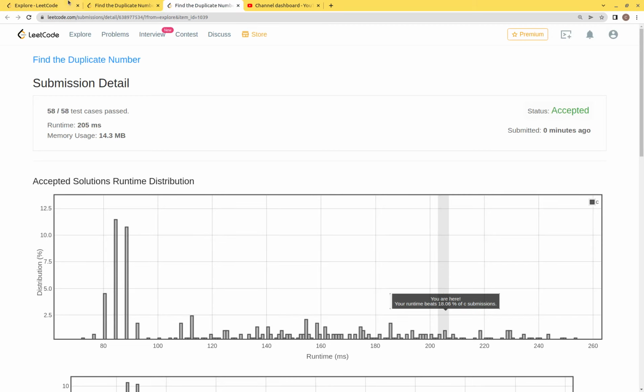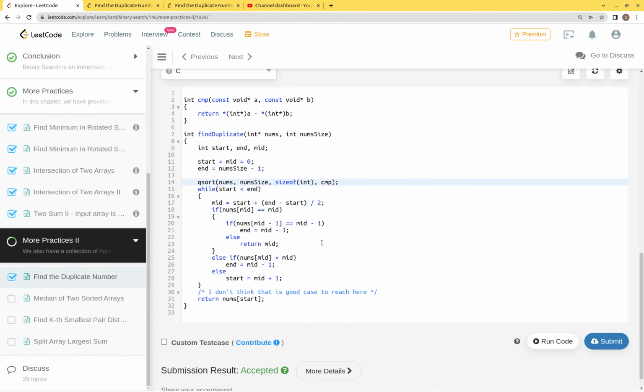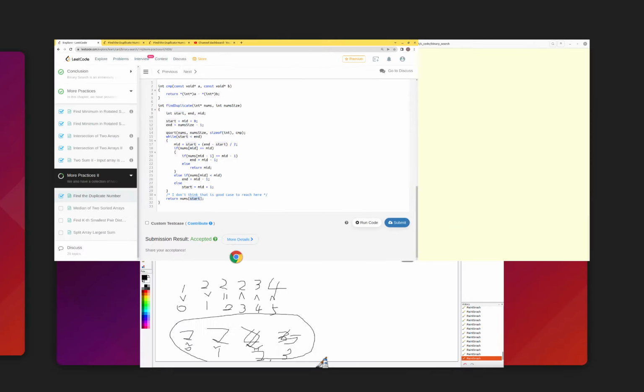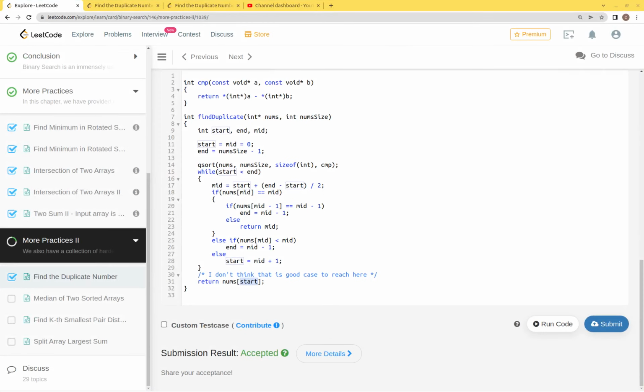140 milliseconds to 205. Okay, to summarize what I changed: I basically changed nothing. I just forgot to apply the quick sort here, and the logic looks right. And I'm not sure if we reach there, but looks like that's yes. Okay, that's pretty much for today. Thank you for